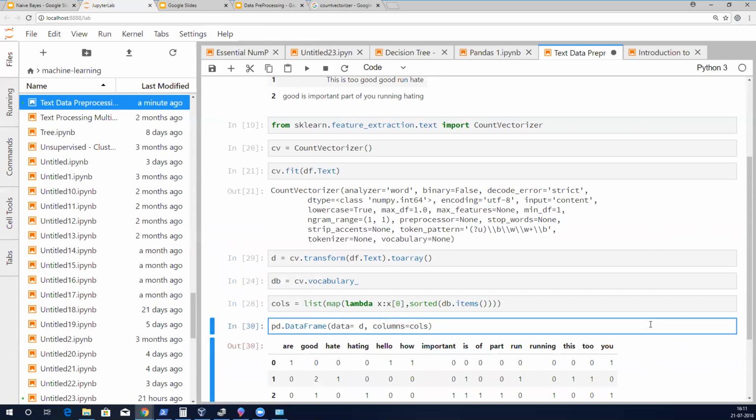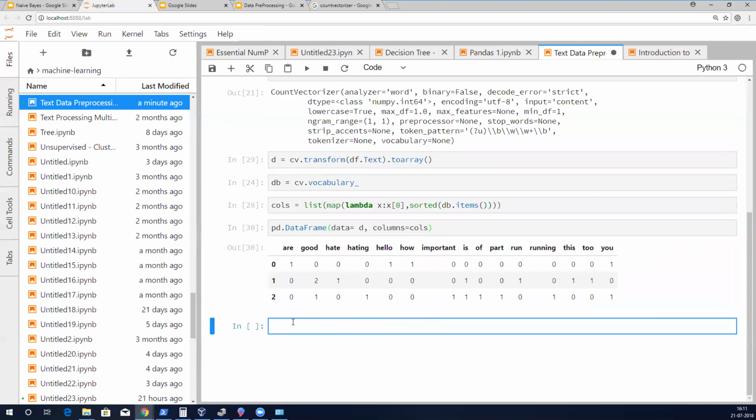Understood? What does this mean? First line has R, hello, how, you. Second line has 2 times good, 1 time hate, 1 time is, 1 time run, 1 time this, 1 time two. Okay. Clear?